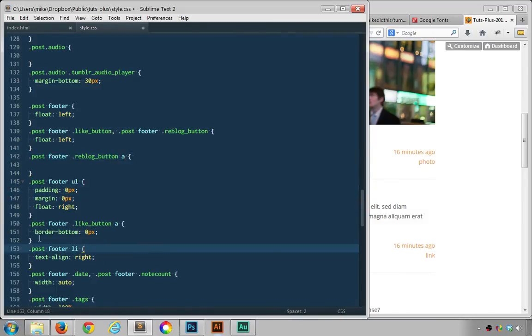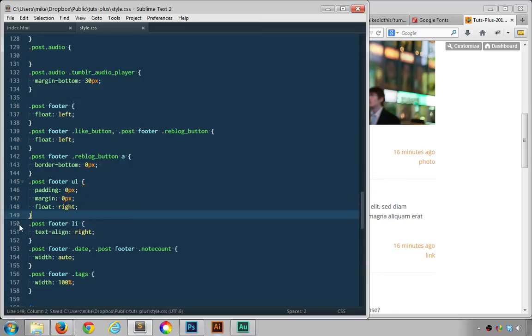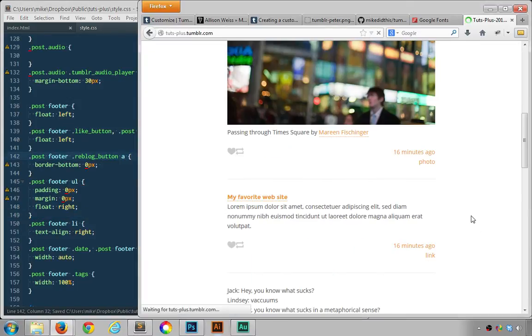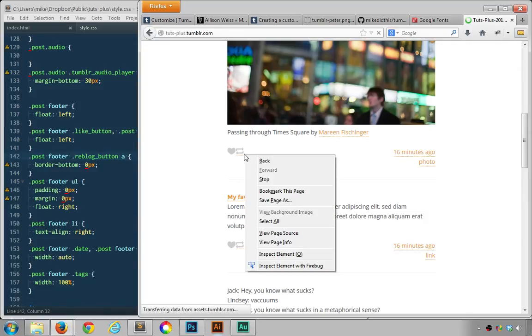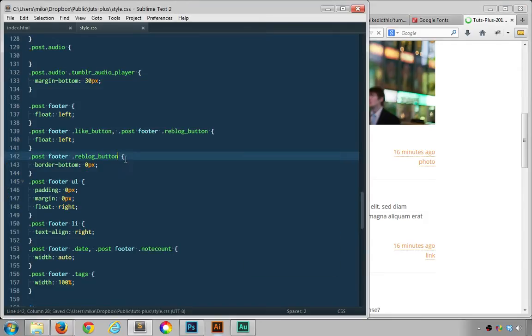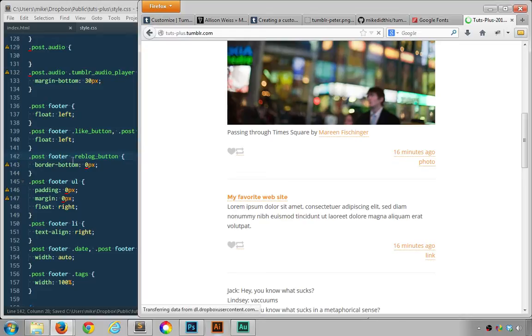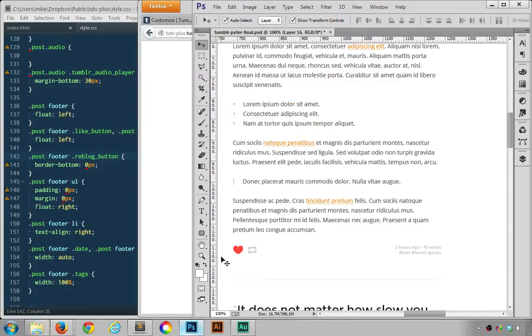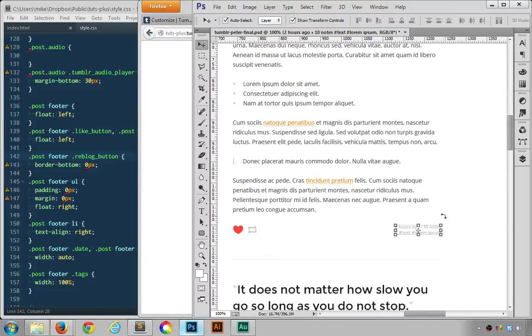Now the reason I want to do this is because when somebody hovers the post details, I would actually like a border bottom on them. Oh, sorry, that is a reblog, yeah, I apologize, there we go. So the class reblog button is actually on the anchor itself, like so. There we go. Now, as per the footer,